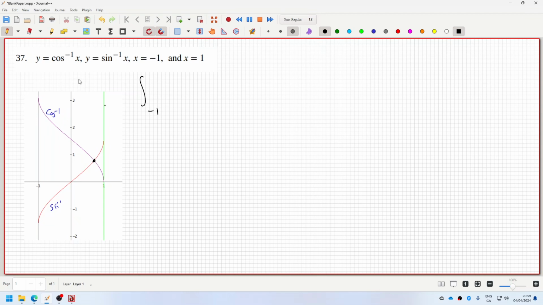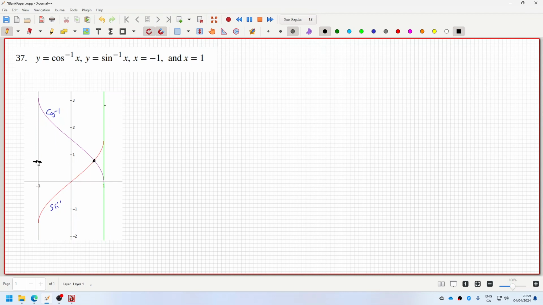Do you know what I think they're trying to have us do here? I think they're trying to have us realize that rather than trying to integrate a cos inverse sine inverse function, we should look at this in the y direction. So if you were to look up to here, at this point here,